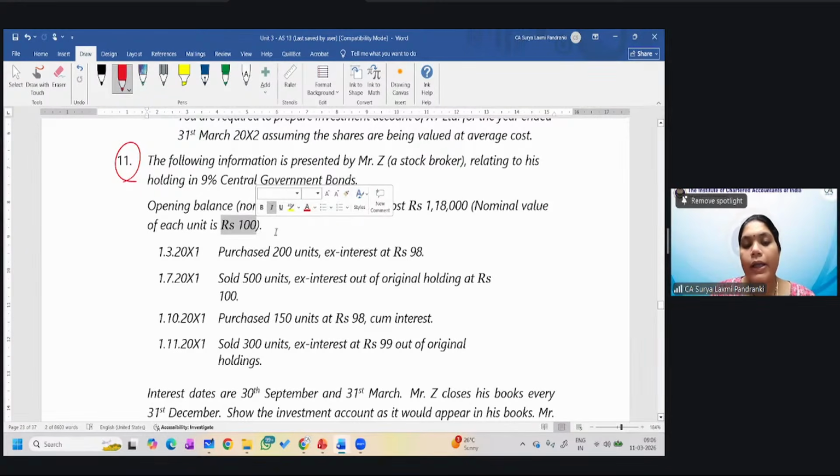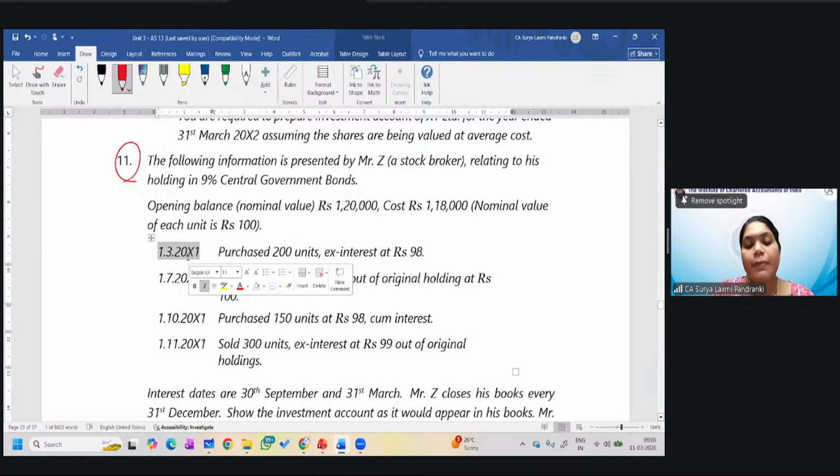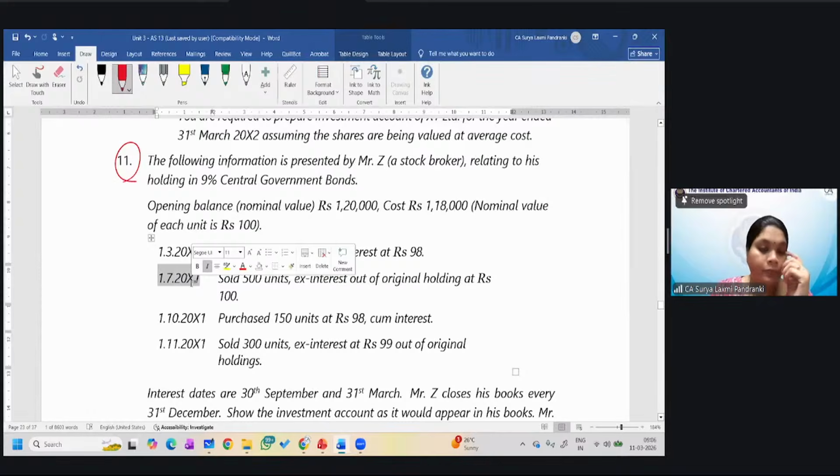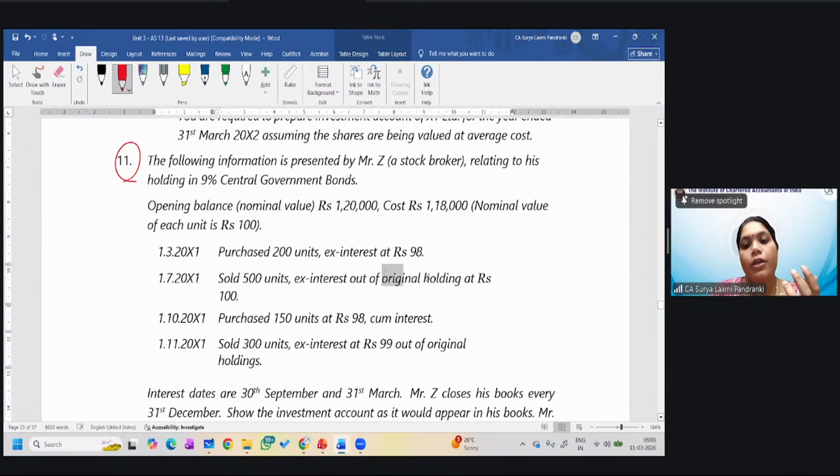This is not a share, this is a bond. Each bond is 100 rupees. This is the opening balance that we have. Later, on 1st March, we purchased 200 units ex-interest at 98, and on the 17th we sold